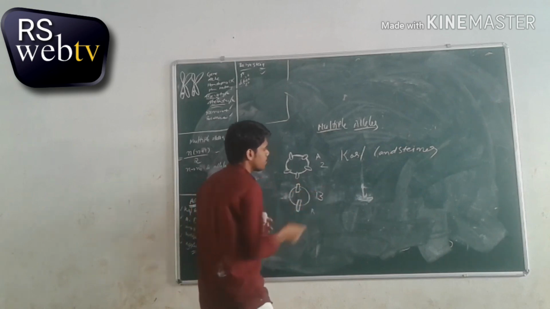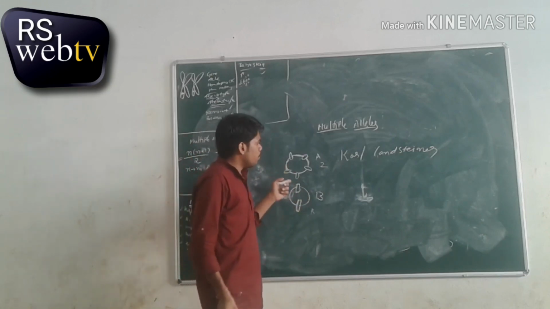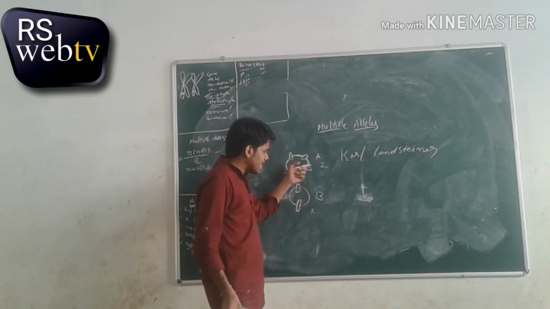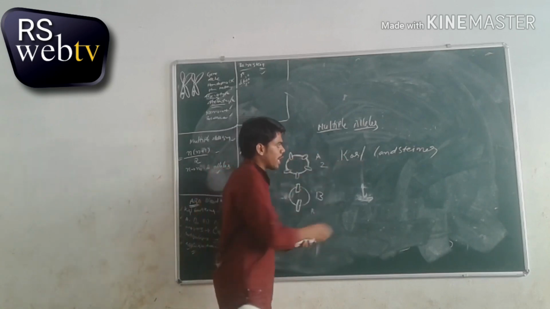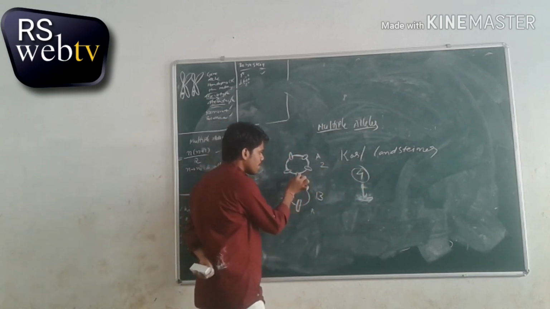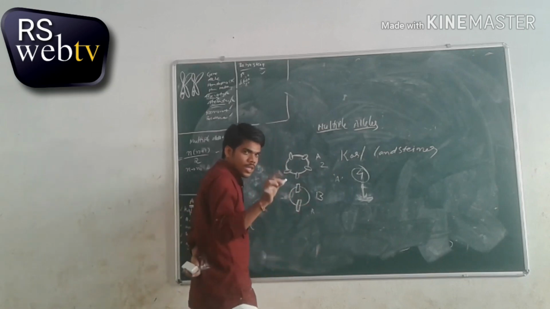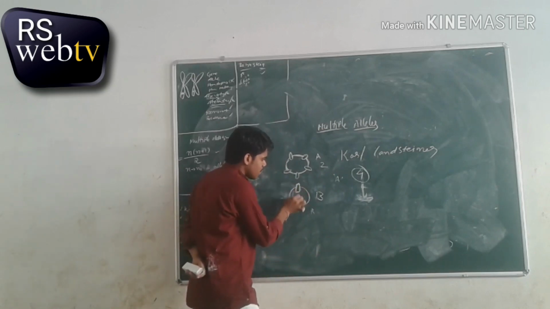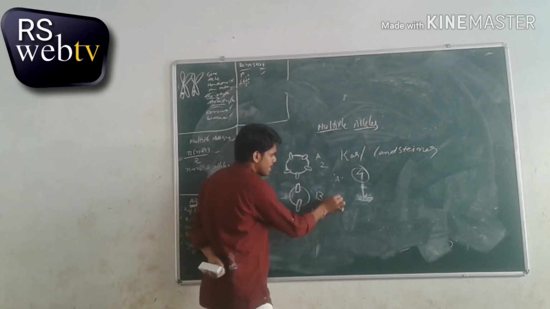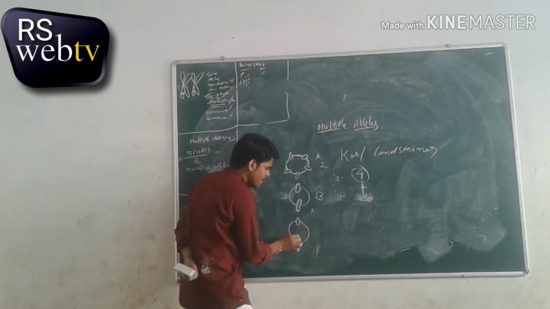It is B type. There are two types of antigens present on the RBC surface. Based on the presence or absence of these antigens, he divided the blood groups into four types. Likewise, if A type of antigens is present on the surface of RBC, the blood group is known as A group. If the B type of antigens is present on the RBC, the blood group is known as B group. If the person has both A type of antigen and B type of antigen,